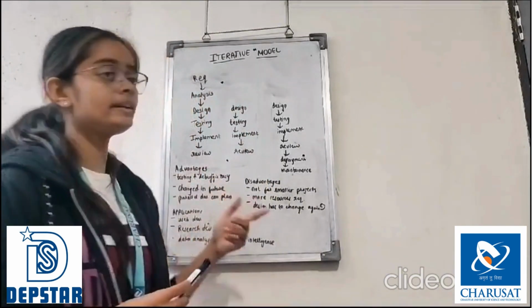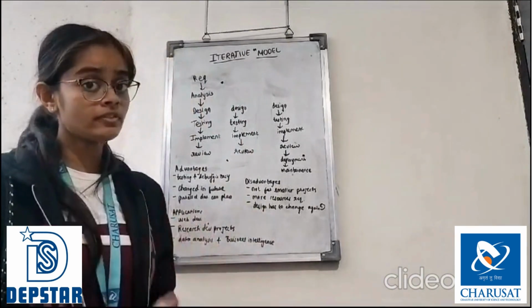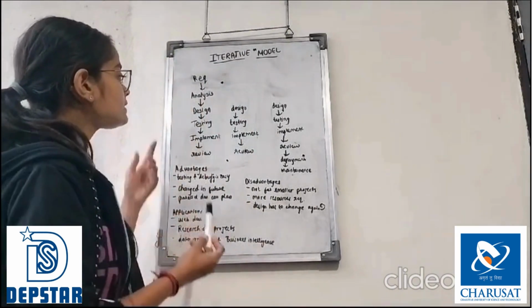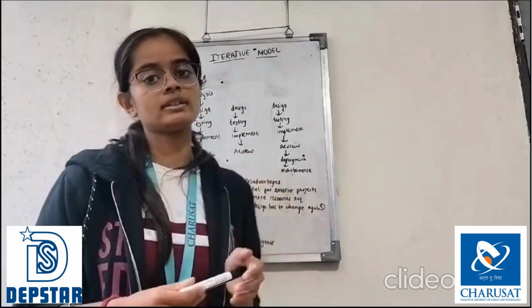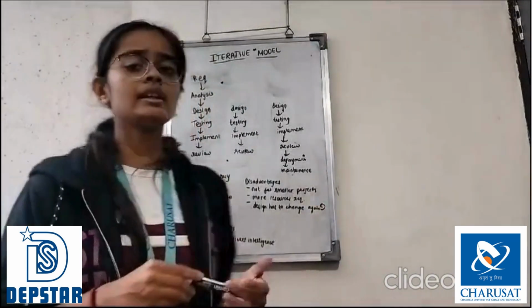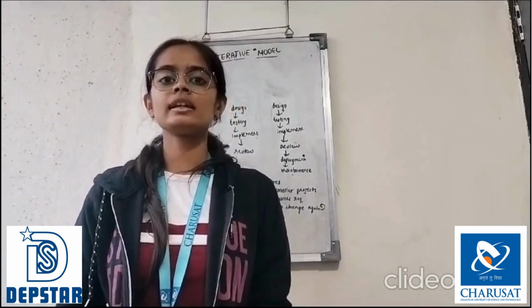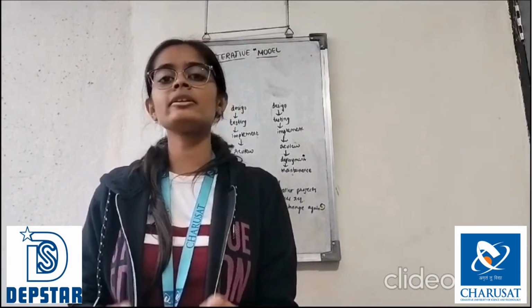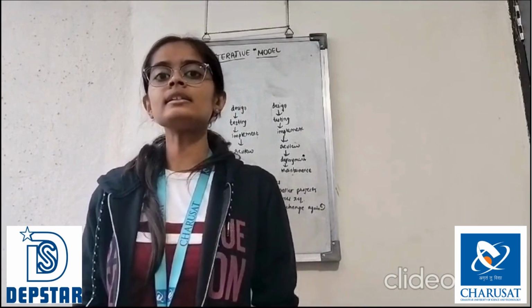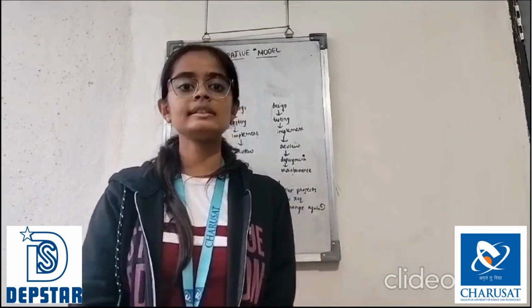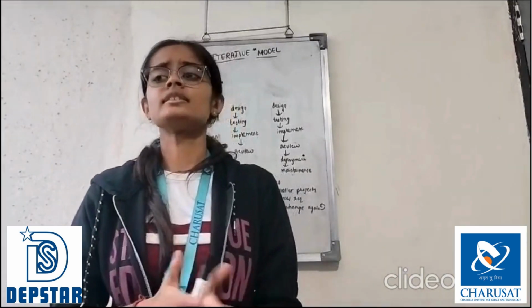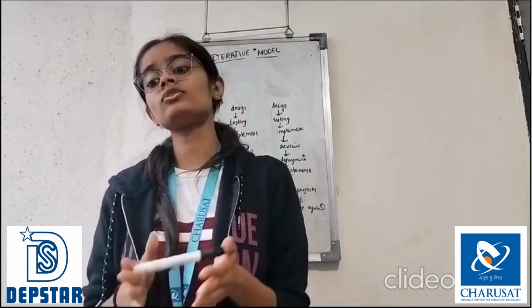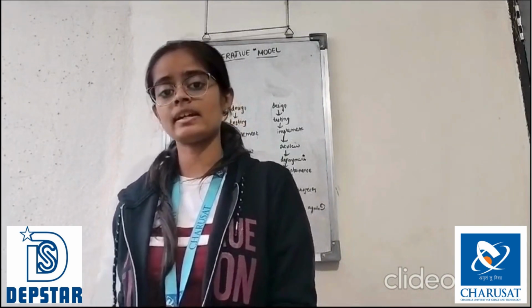So this is the diagram of the iterative model. Some of its phases are requirement analysis, design, testing, implementation, review, deployment and maintenance. First of all, requirement analysis: requirements have been taken from the customers and clients, and an analyst checks whether these requirements are fulfilled or not. Design: in this stage, the whole draft is designed with the help of flow diagrams, class diagrams and activity diagrams.